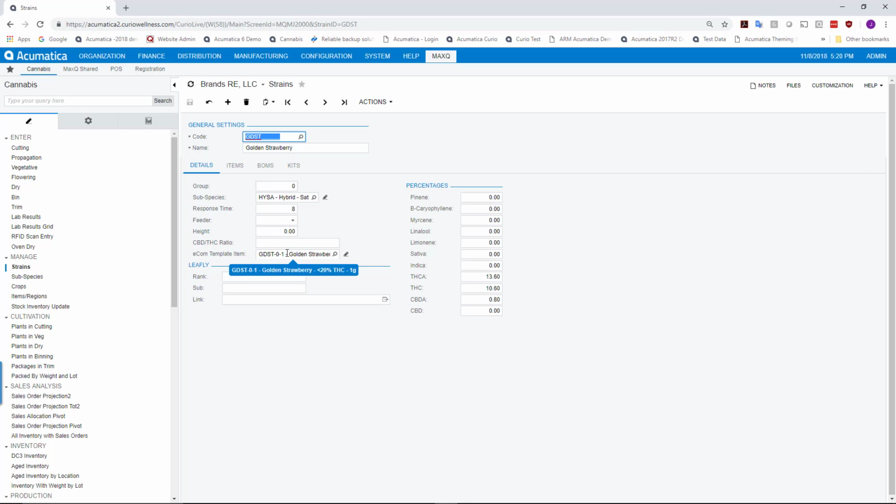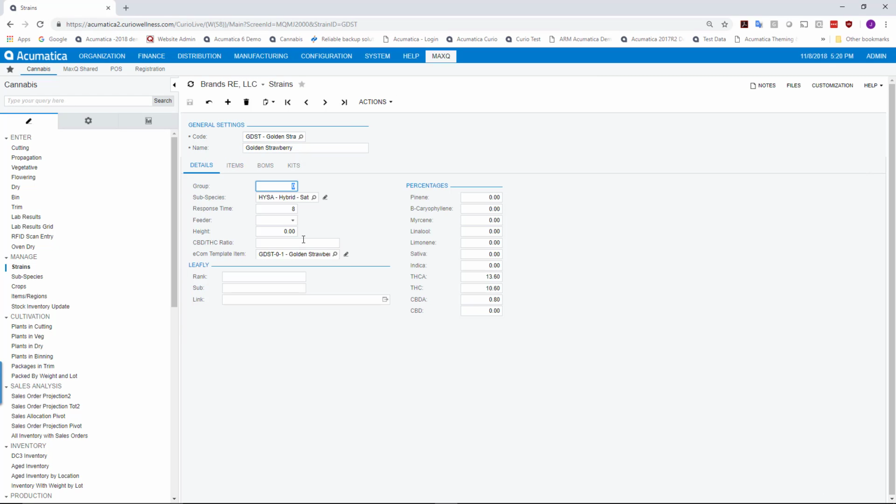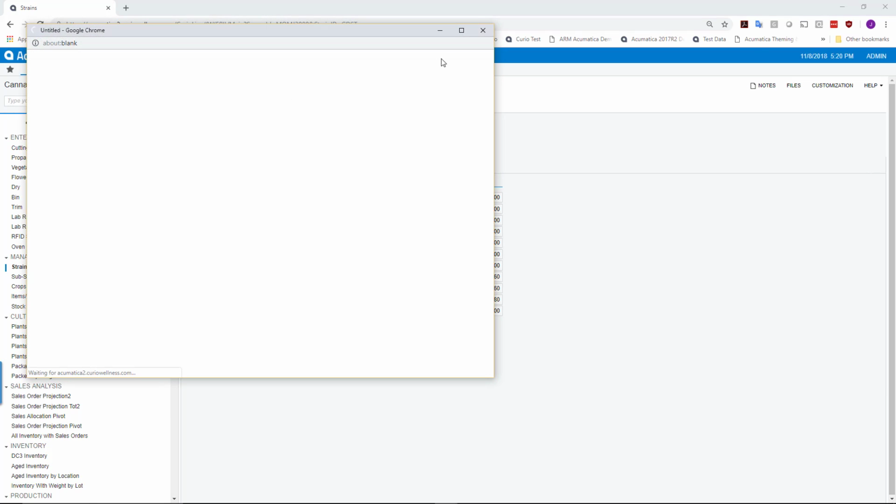So on this item, we can set up all of the values we need for the portal, and then we will eventually have the ability to update the ecom configurations for the rest of the inventory IDs out there. So we only have to set up one item per strain. That's how we can get strain specific stuff, and then it will be copied to all of the other individual items. So if we click the pencil, we'll launch the